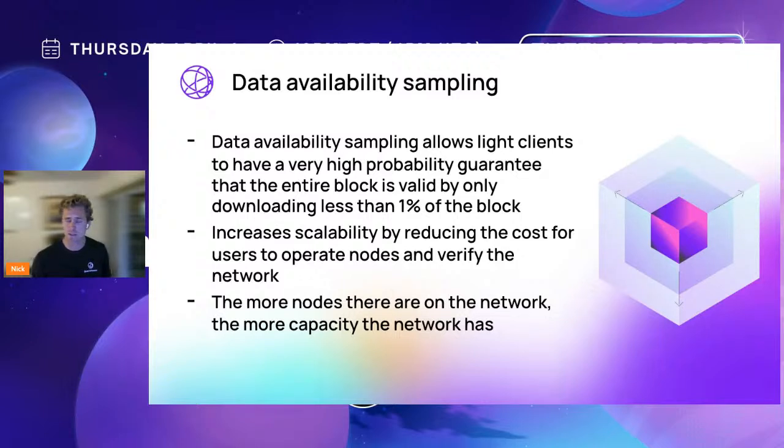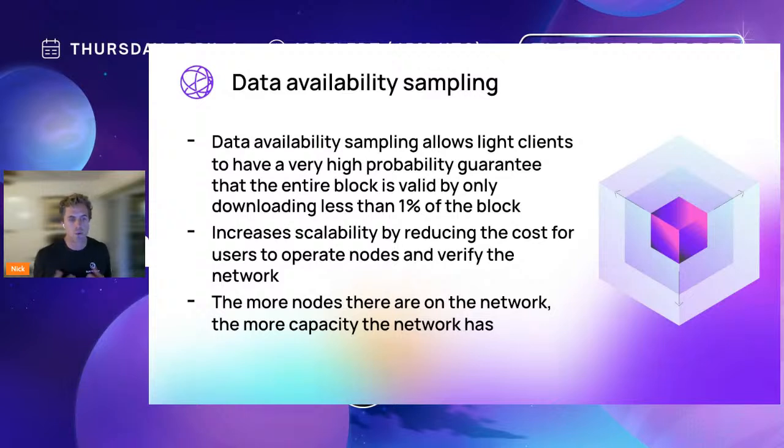And this on the surface sounds kind of impossible, but there was a very clever technique that Mustafa came up with in collaboration with Vitalik and this other guy, Alberto Sonino, in 2018. It's a really great paper where they designed this new system called data availability sampling that enables you to verify the data has been published with a very, very high statistical guarantee without having to download all the data. And we'll talk about that more in a little bit.